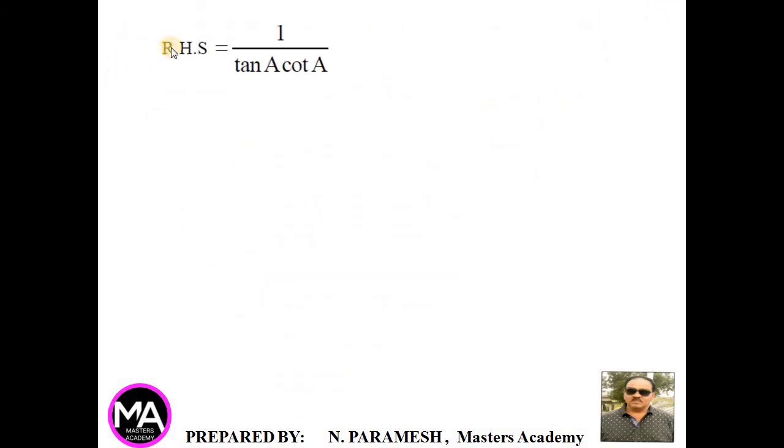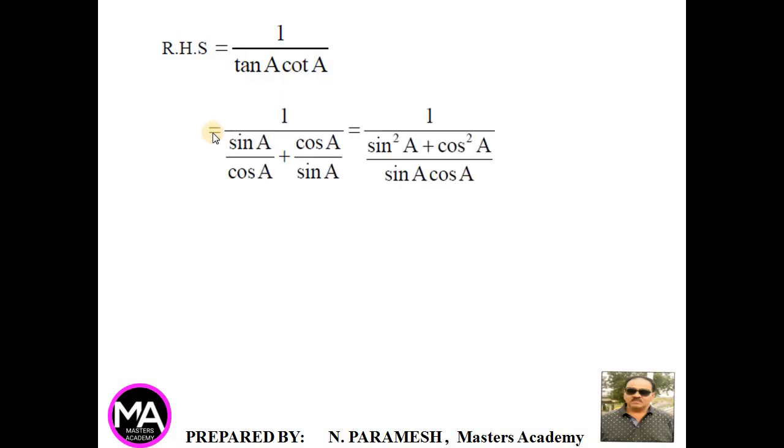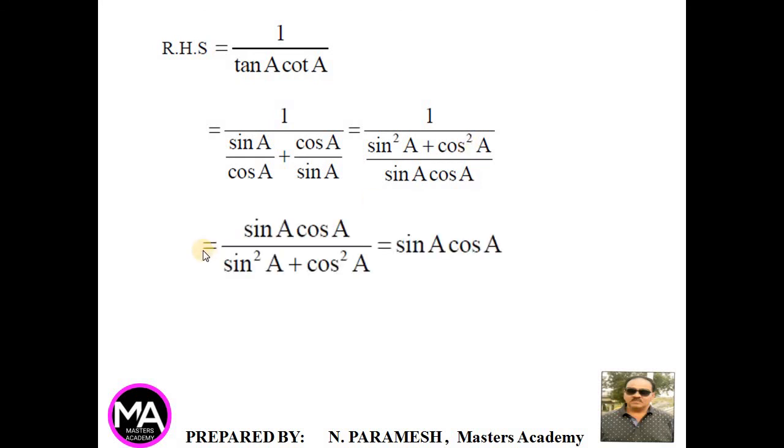In the second part, RHS, 1 divided by tan A plus cot A is equal to 1 divided by tan A, which is nothing but sin A by cos A, plus cot A, which is nothing but cos A by sin A. That is equal to 1 divided by, taking LCM sin A into cos A, cos A gets cancelled, sin A into sin A, sin square A, plus sin A gets cancelled, cos A into cos A, cos square A. That is equal to, this is shifted to the numerator,